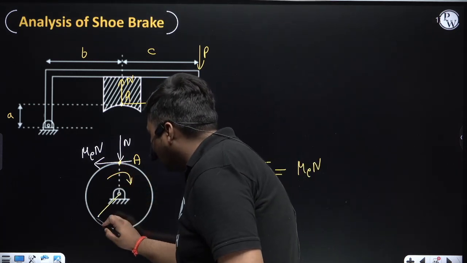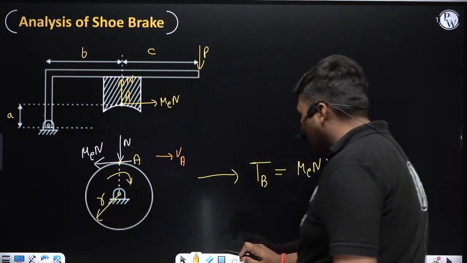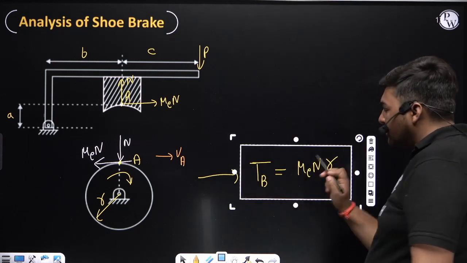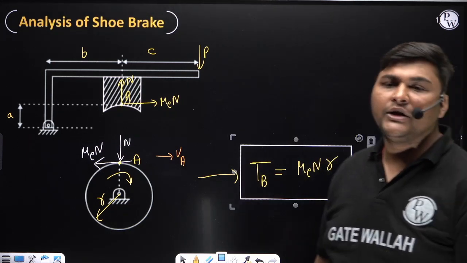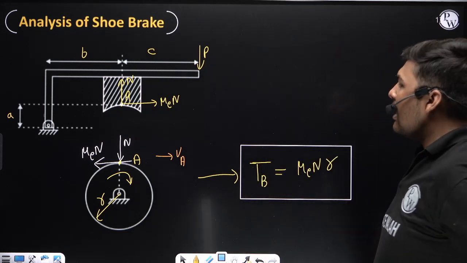Suppose I denote the radius of the drum as small r. You can remember this formula, because in a shoe brake, the formula to calculate braking torque will always be mu equivalent into N, that is friction force, into radius of drum. Okay, now